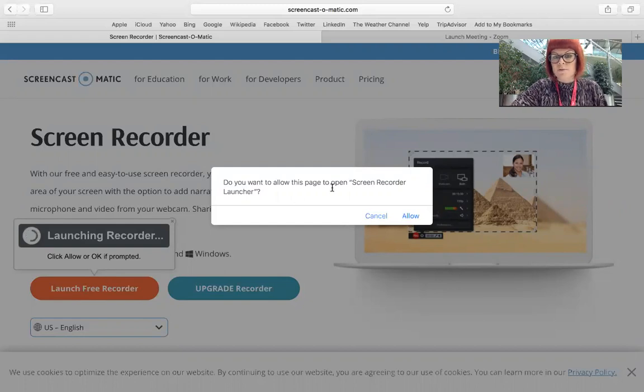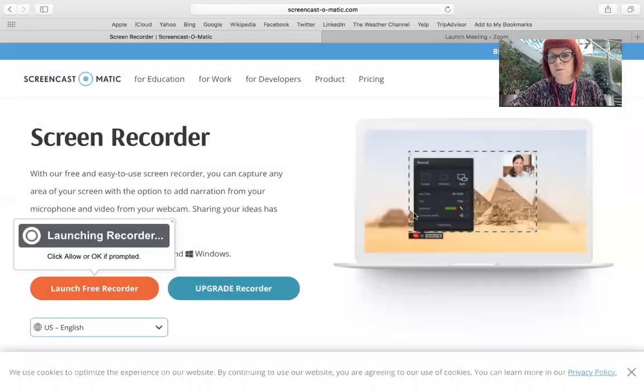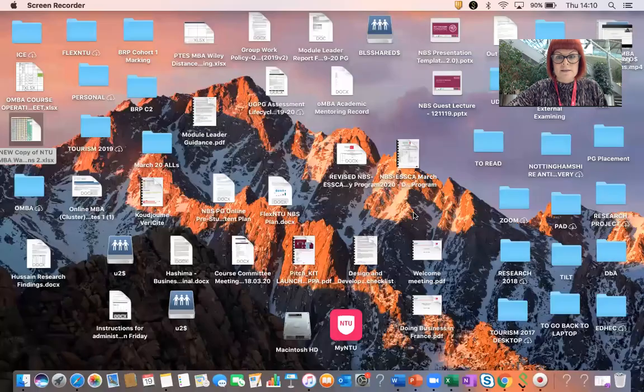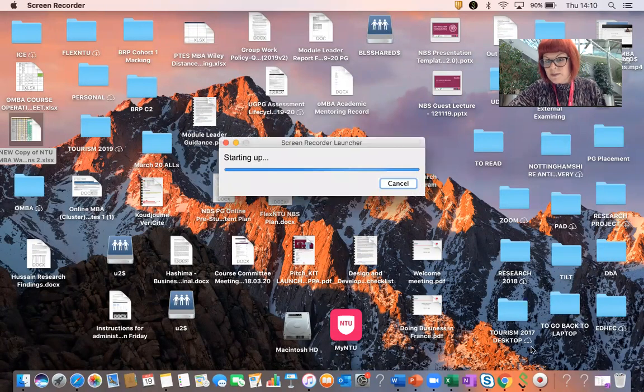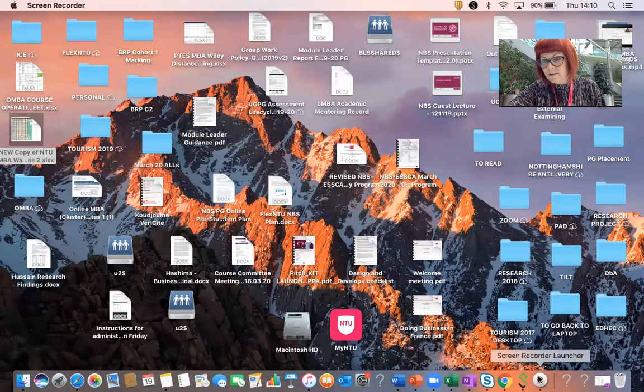So do you want to allow this page to open Screen Recorder Launcher? Yes, allow. And it will then launch, and you will see that it's launched because of this little record button here. And when you click on it,